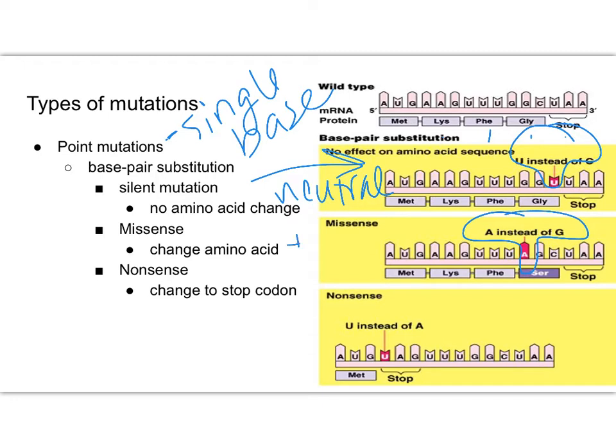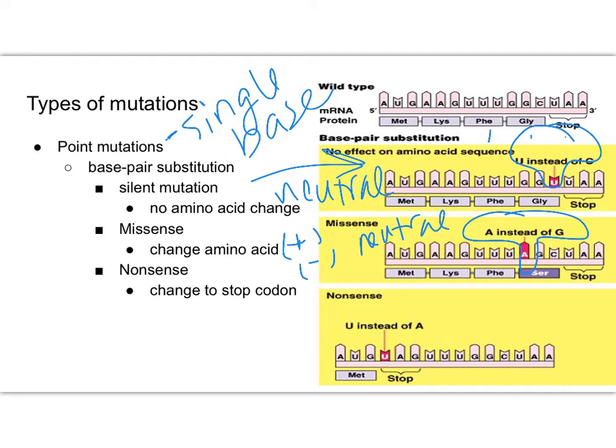So this could be what we call a positive mutation, it could be a negative mutation, or it could be a neutral mutation. Maybe it produces an enzyme that makes the reaction go faster, so it's a positive mutation. Maybe it produces an enzyme that doesn't work now because it changed the shape of it, so it'd be a negative mutation. Maybe it has no impact, so it's a neutral mutation.